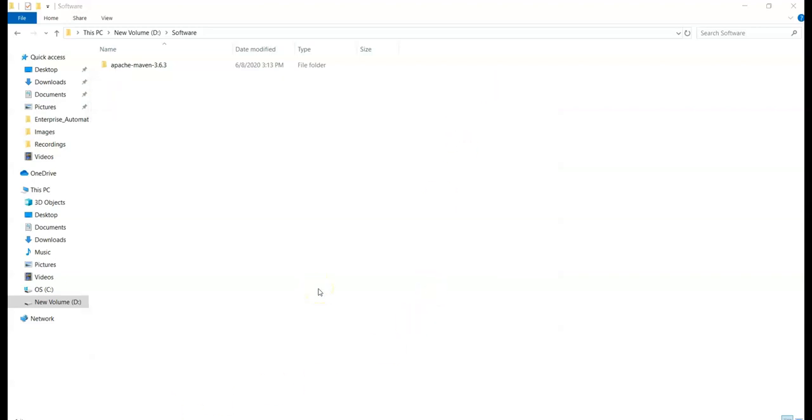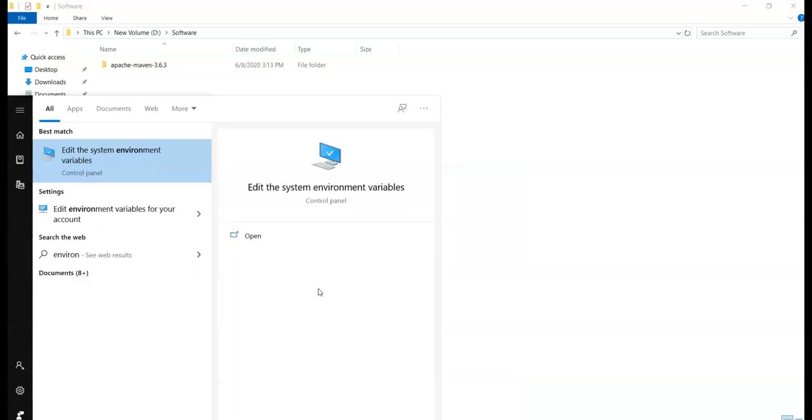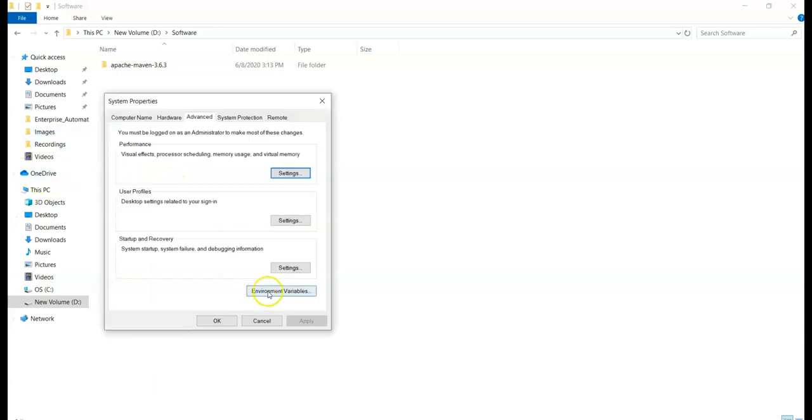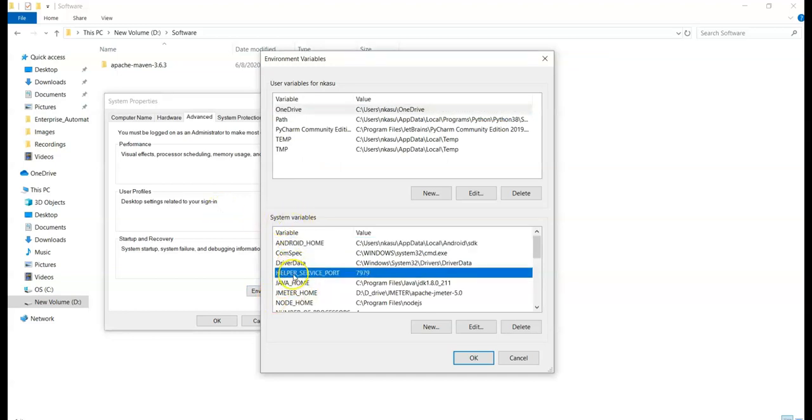Now to set up the environment variables, open environment variables window, search for environment, edit the system environment variables. Now click on environment variables button. Now we need to set up the system variables. So we need to set up two variables.